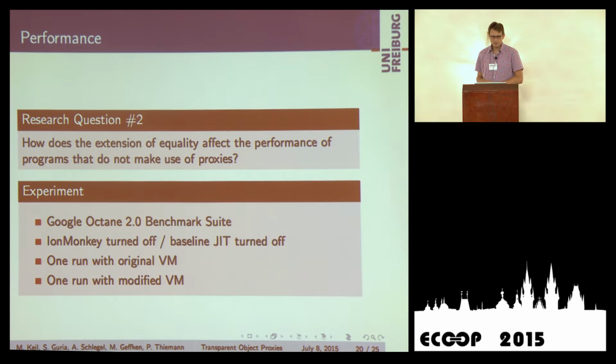So again, we turned to the Google Octane 2.0 benchmark suite, and we made experiments once with IronMonkey turned off. This is obligatory because we didn't implement our extension in IronMonkey, that's the highest level bytecode compiler. And we also turned the JIT off, which means we have experiments with just the interpreter and just the baseline JIT running. Then we performed one run with the original VM and one with the modified VM. And there are flags so that you can turn things on and off nicely. And here are the